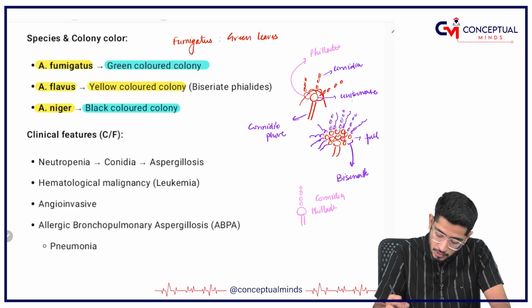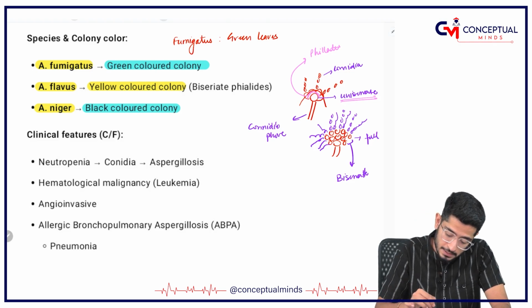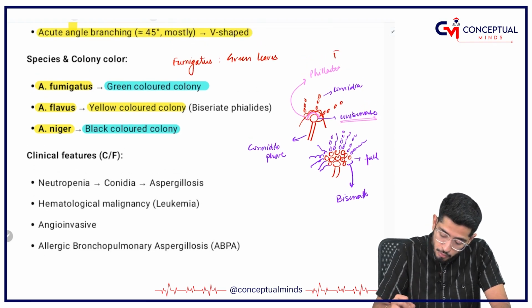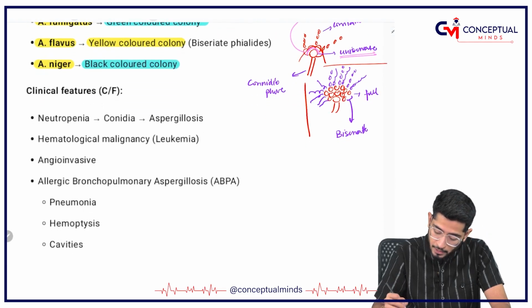In this first picture, you have only one layer of phialides. This is called uniserate. This uniserate one is Aspergillus fumigatus, whereas the other one, where you can see biserate phialides,